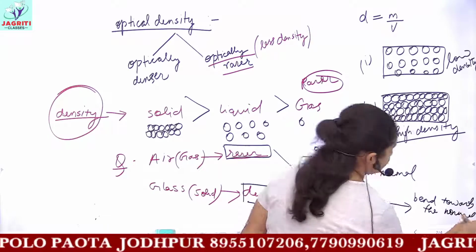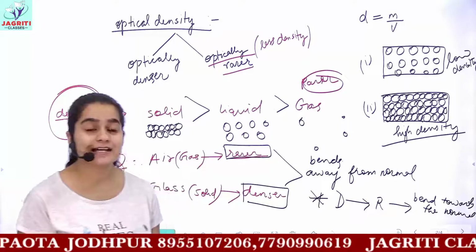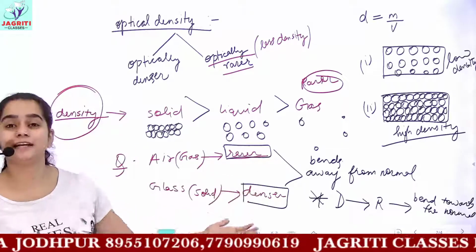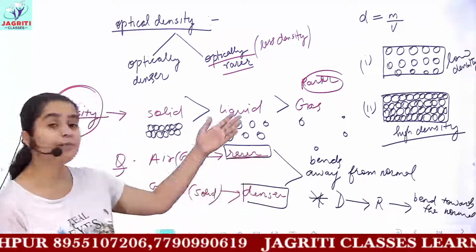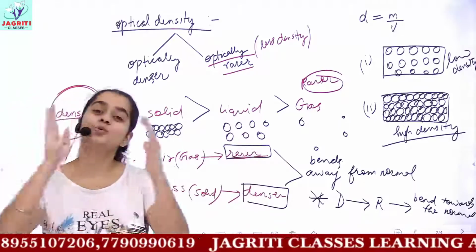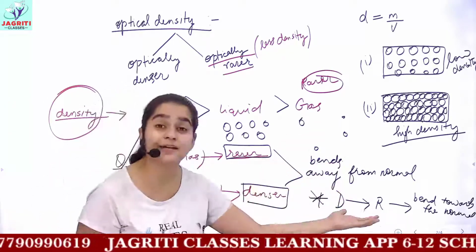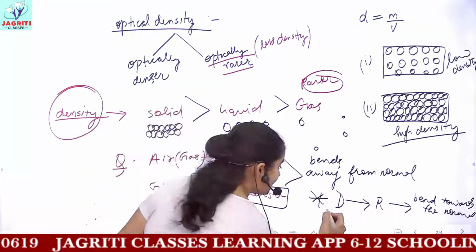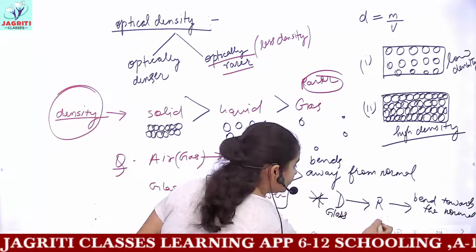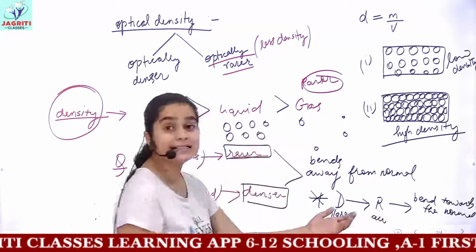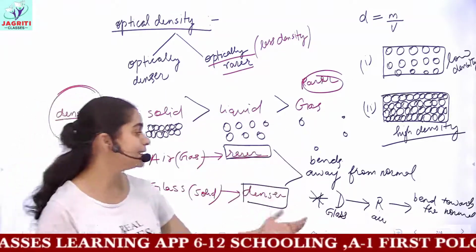So this you have to remember. Whenever the light ray, how will you show the bending of light? Whenever the light ray is traveling from rarer to denser, then it bends towards the normal. And whenever the light ray is traveling from denser to rarer medium, that is, if in the example the light ray originally traveled from glass to air, then glass here is denser, so this light ray will bend away.